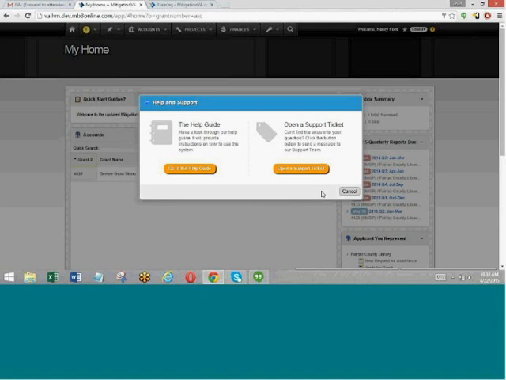Okay, so like I mentioned, you can also open a support ticket. So if you need assistance on something specific that you can't find either in the user guide or in the training guides that were provided, or maybe you're experiencing some issue, or maybe you have a suggestion for a feature that would be helpful, or a report that would be helpful, or a notification, or whatever it might be, you can submit any of those requests through a support ticket.